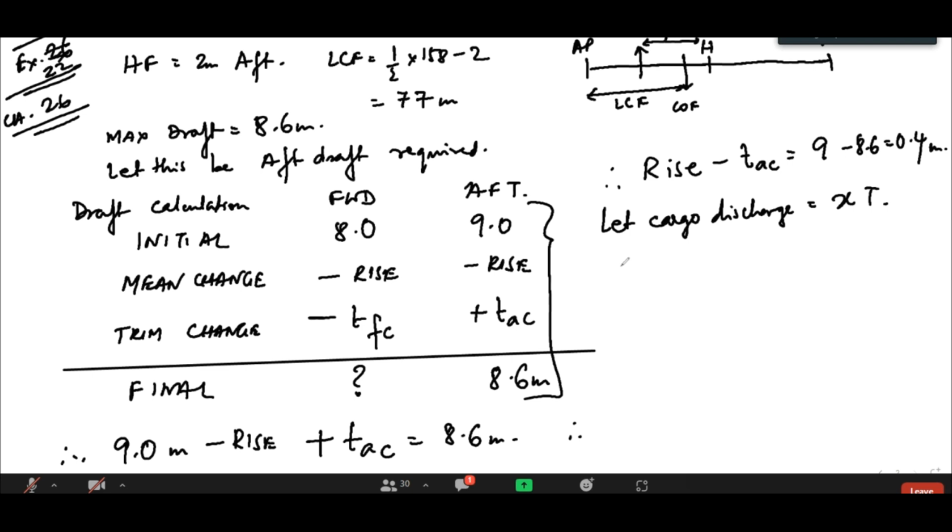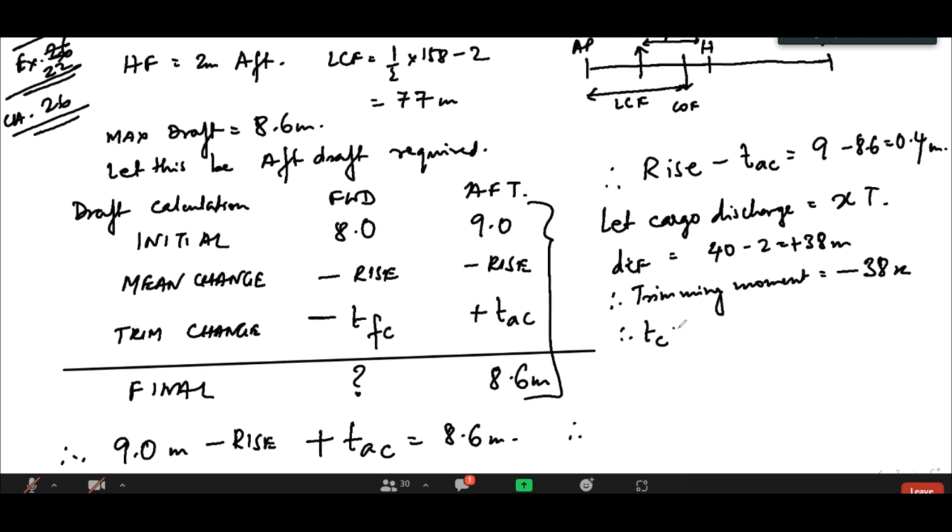So DCF will be 38 meters, therefore trimming moment will be minus 38, 38, minus 38x. Therefore, TC will be